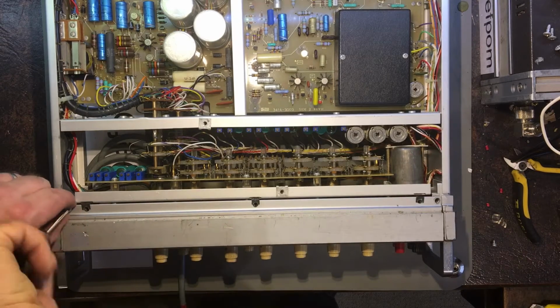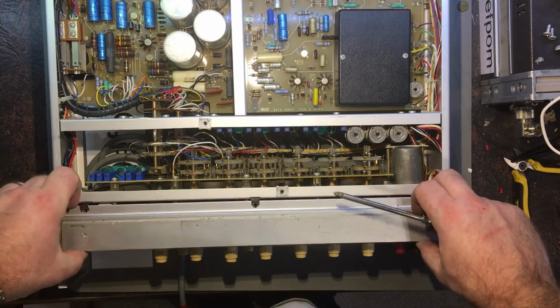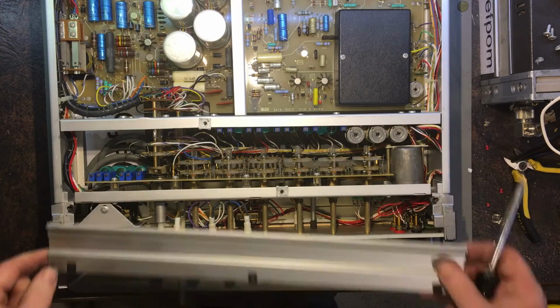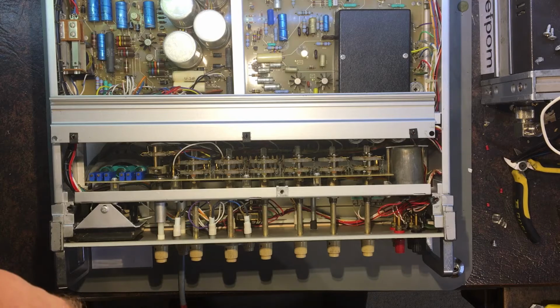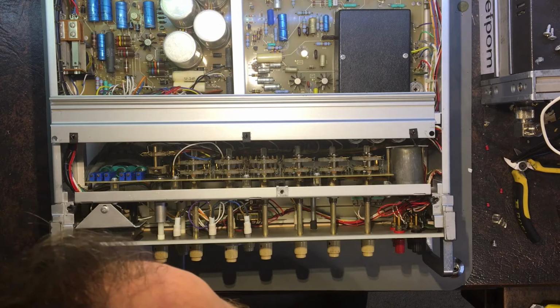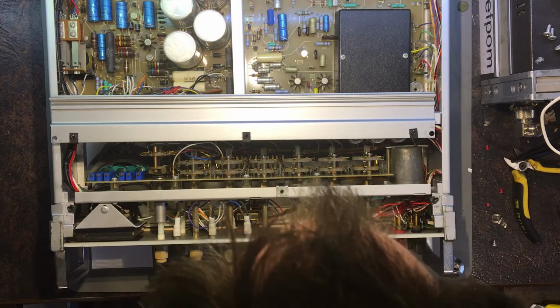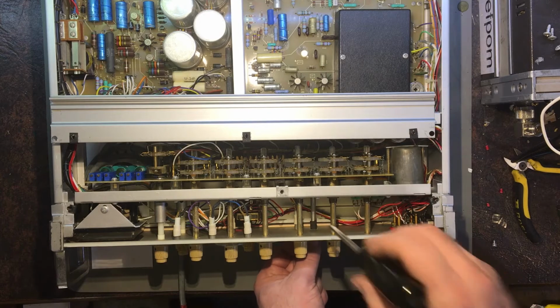It's got these imperial screws everywhere, so it's quite a coarse thread and everything. There we go, that's how you get into that bit. Let's see what we've got in here. Nothing too scary. So yeah, that's just the long shaft on there. There's a bit of something on the long shaft to hold it. So I might be able to get some other kind of pot in there, maybe get it down there with